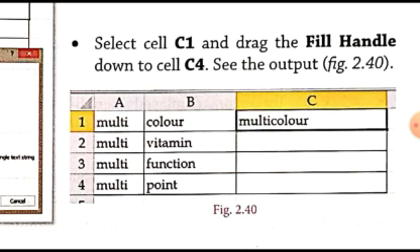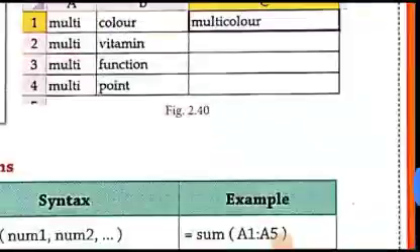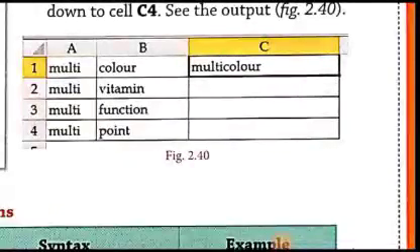Now, as soon as we have copied the formula to the other cells, you will see that the content in the cells A2 and B2 will be joined and displayed in C2. Similarly, the content in A3 and B3 will be concatenated and the result shown in the cell C3, and the content in A4 and B4 will also be joined and the result shown in the cell C4. So all these cells, C1, C2, C3 and C4, will now be showing the result of the concatenate function. In this way the concatenate function will be executed in all these cells.